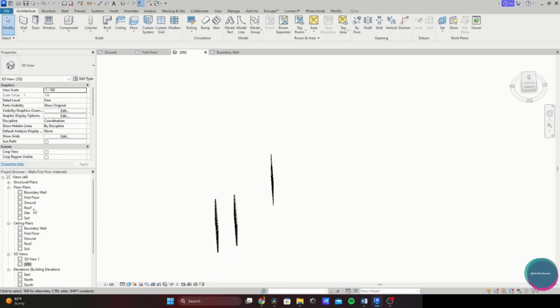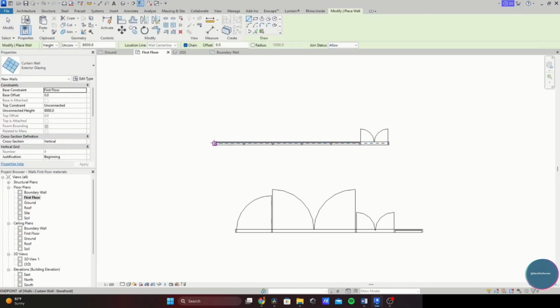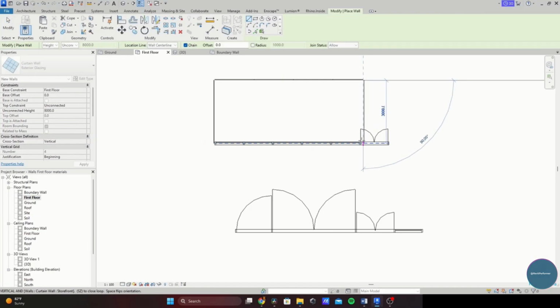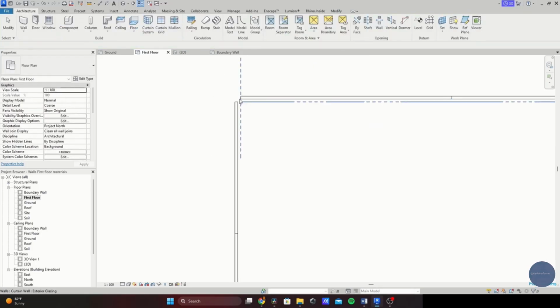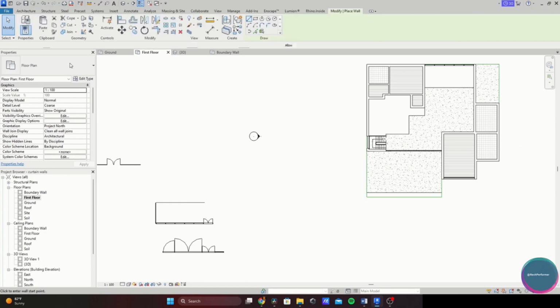Also, curtain walls will have some other problems as well, which you can already see in our design. Like it doesn't give much joining detail. So today, we're going to talk about the curtain wall workaround. It takes a lot of time to make these doors, because you have to do everything manually. So we're going to see how to work around this.